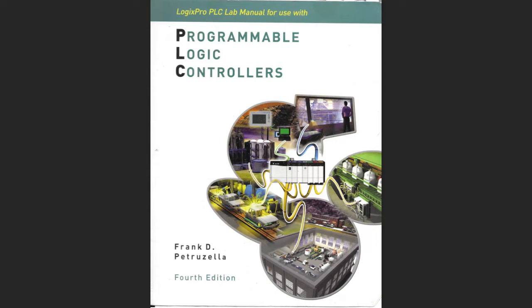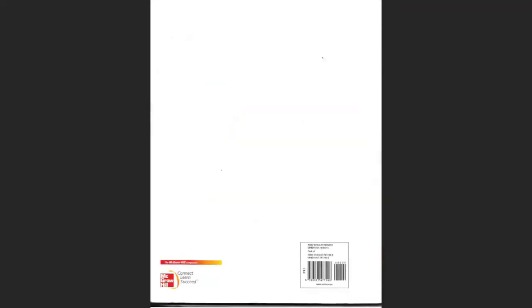But if you're just looking at the cover, you want to make sure that you get the one that says Lab Manual at the top. So up here, it says Logic Pro. You want to make sure it says Lab Manual. And that's on the back of this ISBN number. If you zoom in on that, it's a little bit different